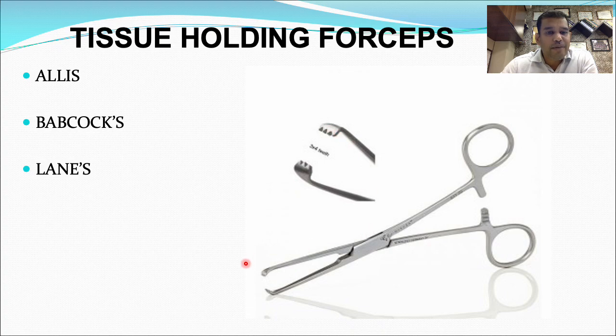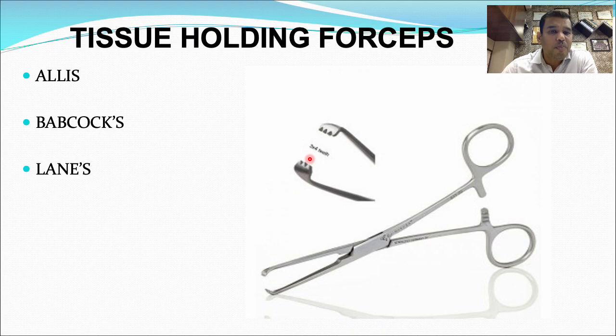This is the blade part of the instrument or the jaw. This is the joint. This is the shaft or the shank. This is the ratchet or the lock, and the finger bow. So the peculiarity is over the tip or the blade part. You can appreciate the tooth on both of the blades. So this is the one blade that is having the tooth, and this is another blade that is having the tooth. The beauty is the tooth of one fits into the groove of the other instrument. So they are snugly tight,